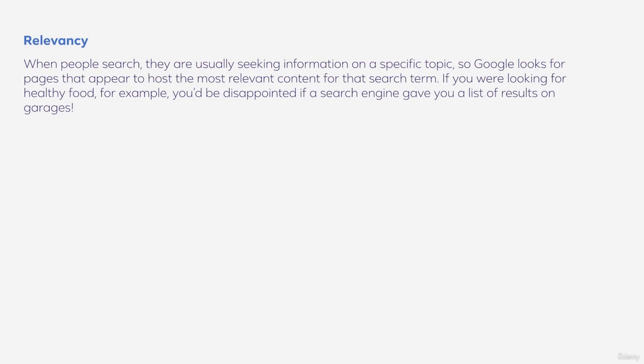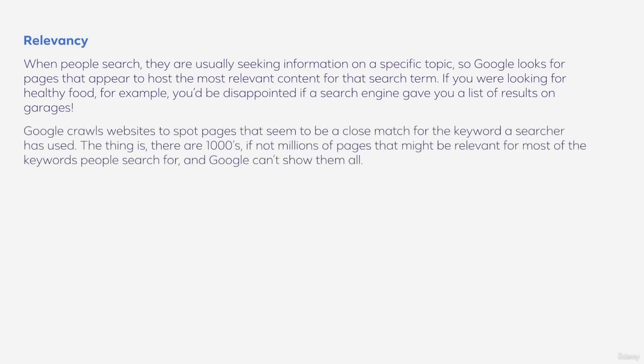Relevancy. When people search, they're usually seeking information on a specific topic, so Google looks for pages that appear to host the most relevant content for that search term. If you were looking for healthy food, for example, you'd be disappointed if a search engine gave you a list of results on garages. Google crawls websites to spot pages that seem to be a close match for the keyword